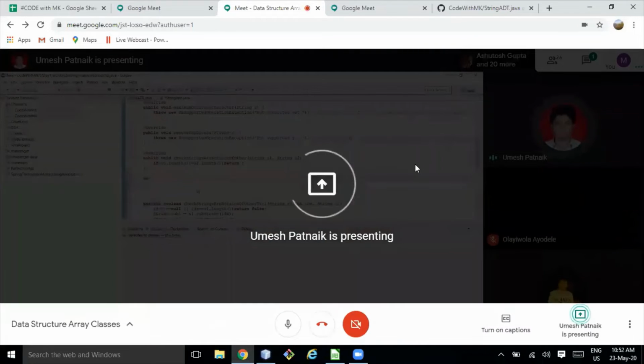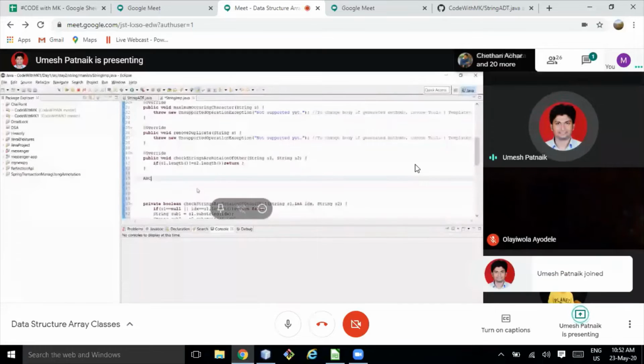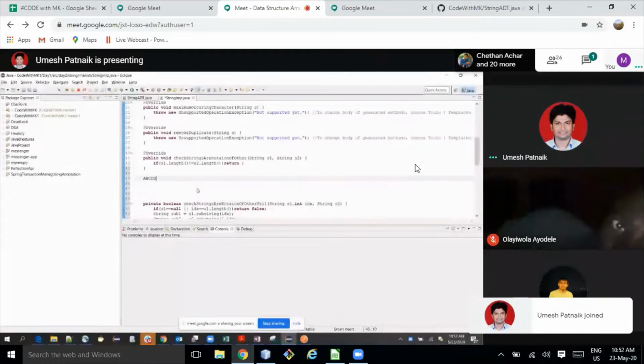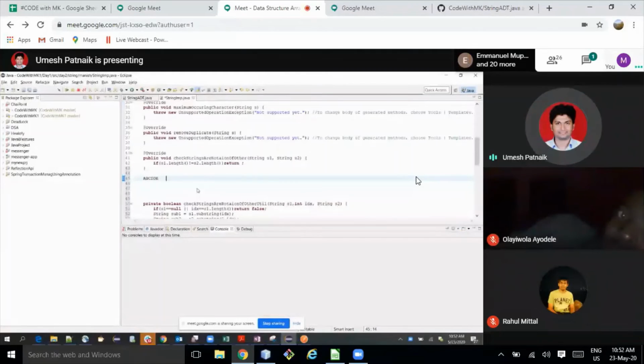The goal is, let's say this is a string A, B, C, D, E, and for example we have D, E and then A, B, C. My goal is to find this division.